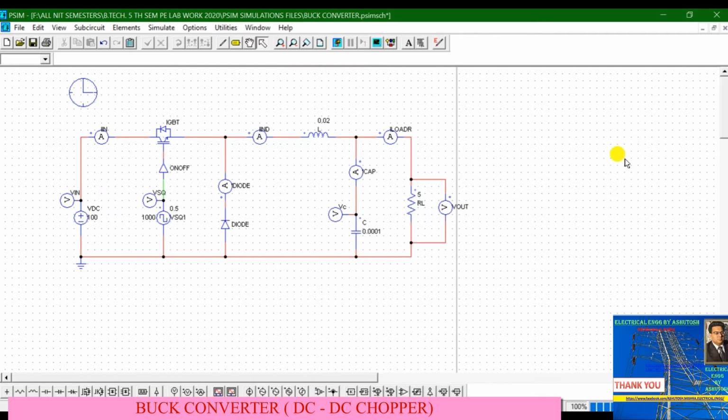Now we will see the function of this square wave generator, which is the controller of this switch. How does it control? The control switch is turned off and on by using pulse width modulation, as you saw in the waveform. PWM can be time based or frequency based. Frequency based modulation has disadvantages, like needing a wide range of frequencies to achieve the desired control of the switch, which in turn gives the desired output voltage.